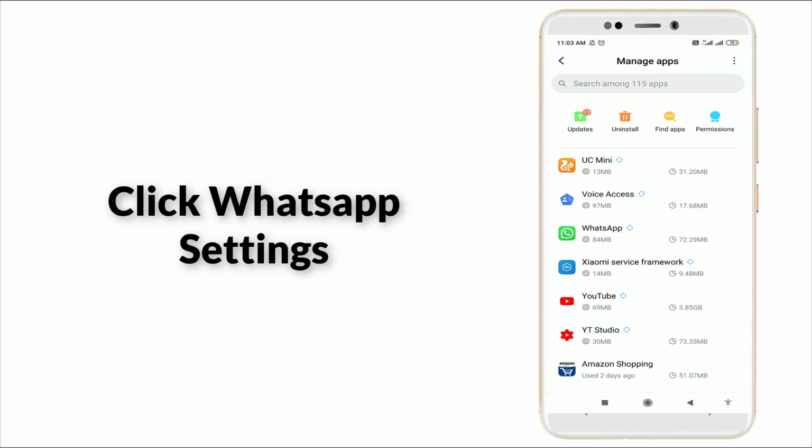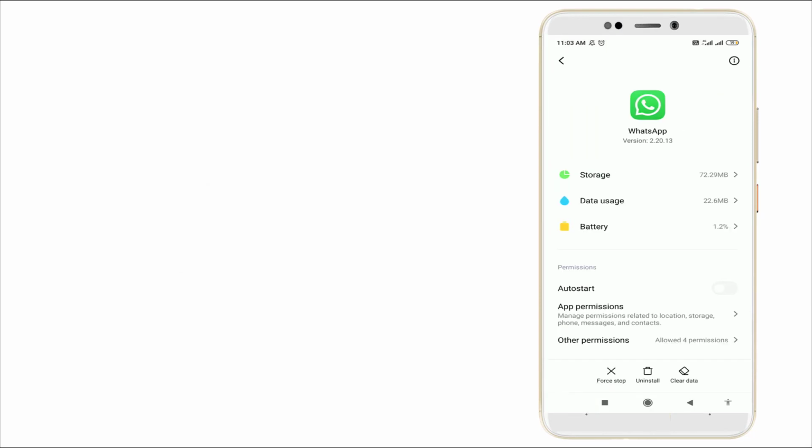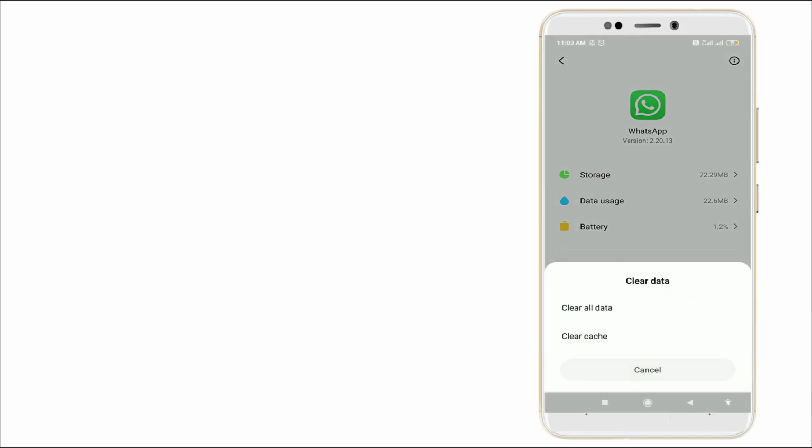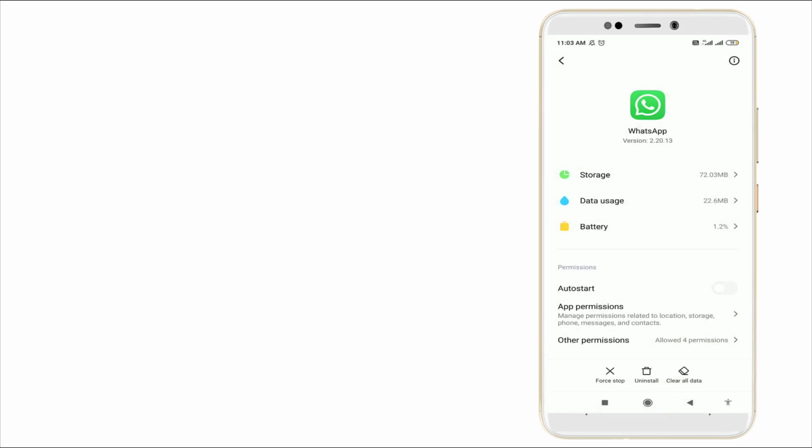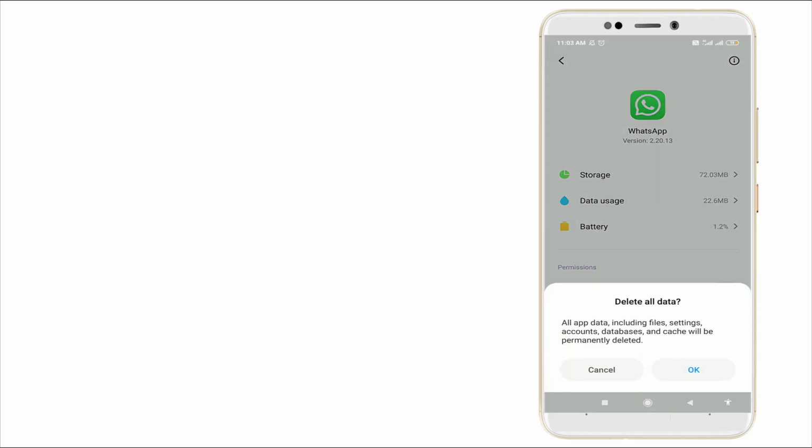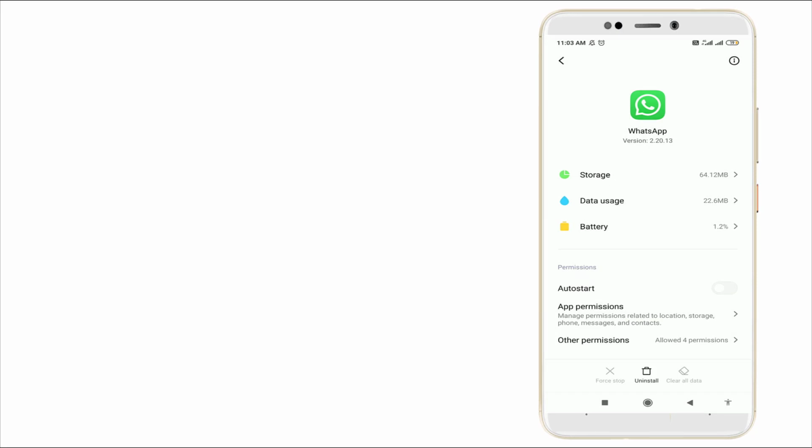Click it, and you want to clear data right now. Yes, clear all data or clear cache. Click OK. Yes, clear cache is finished right now. So once again click and click delete all data. Yes, now go back to home